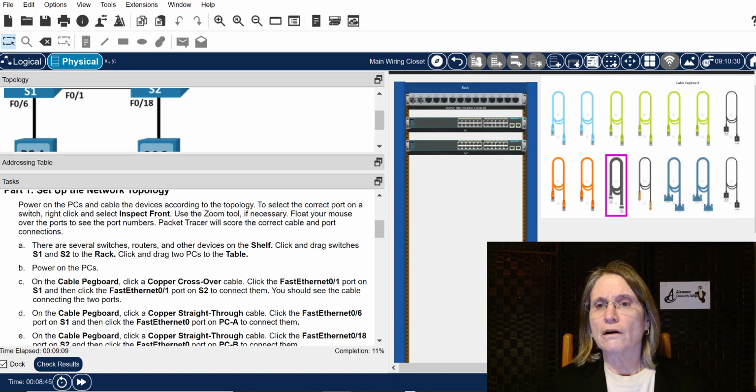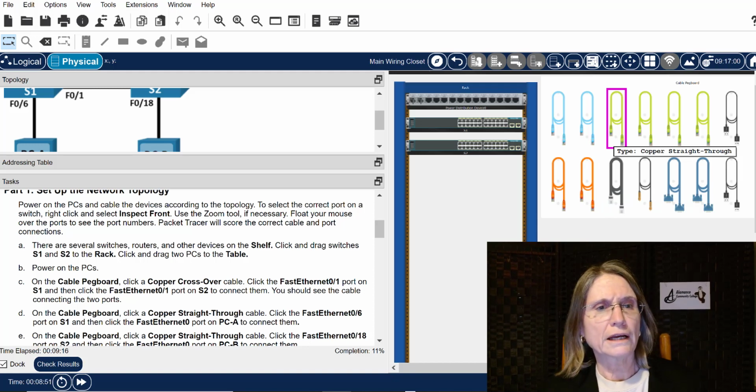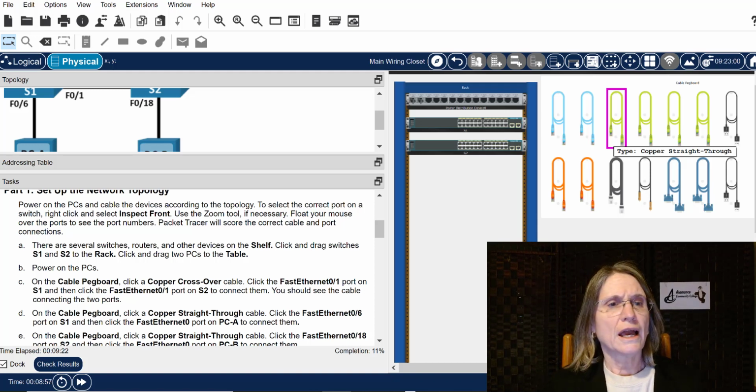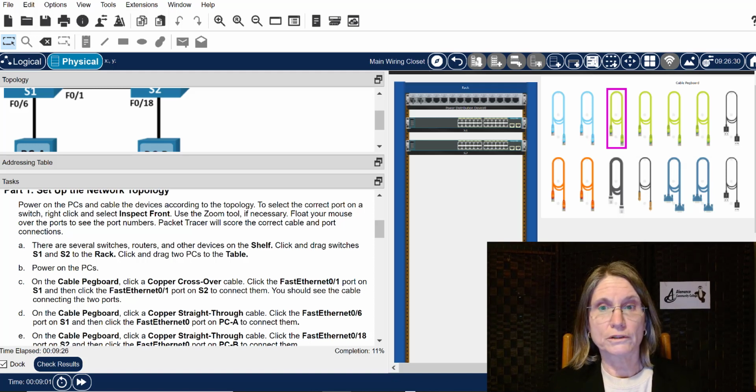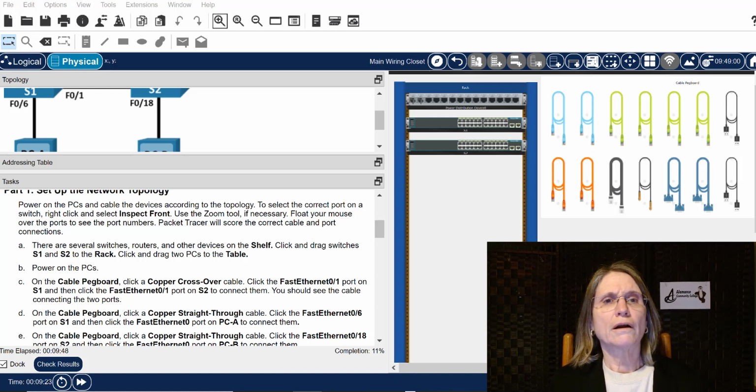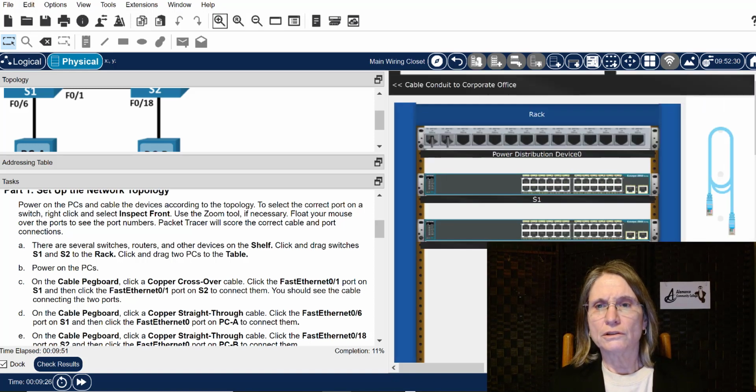Alright, so we are going to need a straight through cable to connect the PCA to switch 1's F06 port. It's a little bit small on the screen here, a little bit of a challenge to see, so what I am going to do is use the tool here up on our menu bar, the plus sign, to zoom in a bit,